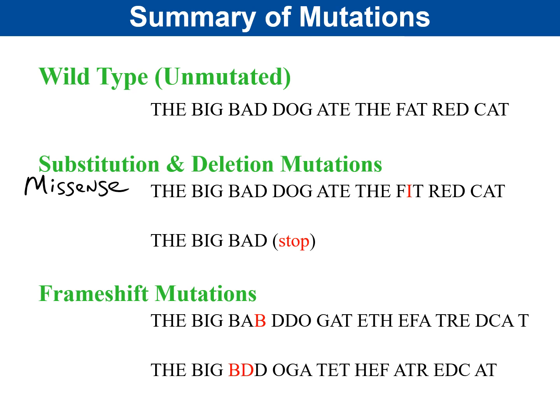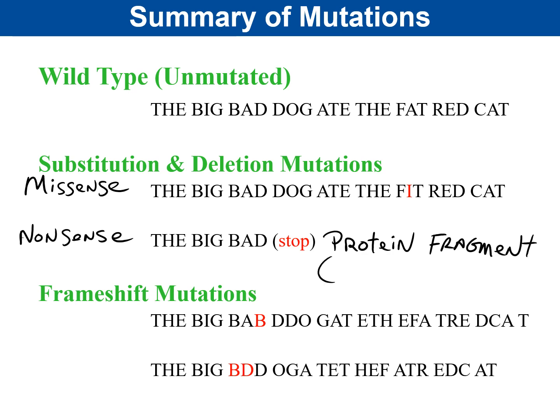Now a deletion mutation, this on the other hand is the big bad and then no more message, because a nonsense codon is put in and it creates an unexpected stop. So we get the so-called protein fragment that was described in the previous slide, or 2 slides ago. And so we get a protein fragment, also called a truncated protein,